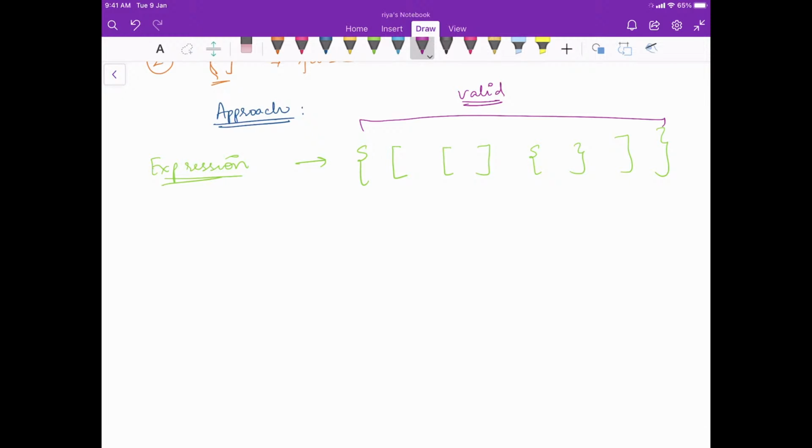Now there is some very interesting property, okay? A very interesting property is that a particular string, give me a second.